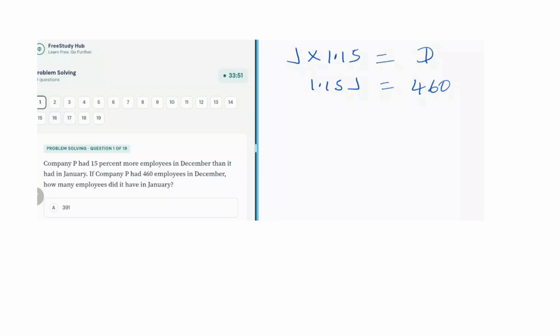Company P had 15% more employees in December than it had in January. Meaning from January to December there was an increase of 15%. This is how to write it, because you know if you increase, let's say, 200 by 20%,